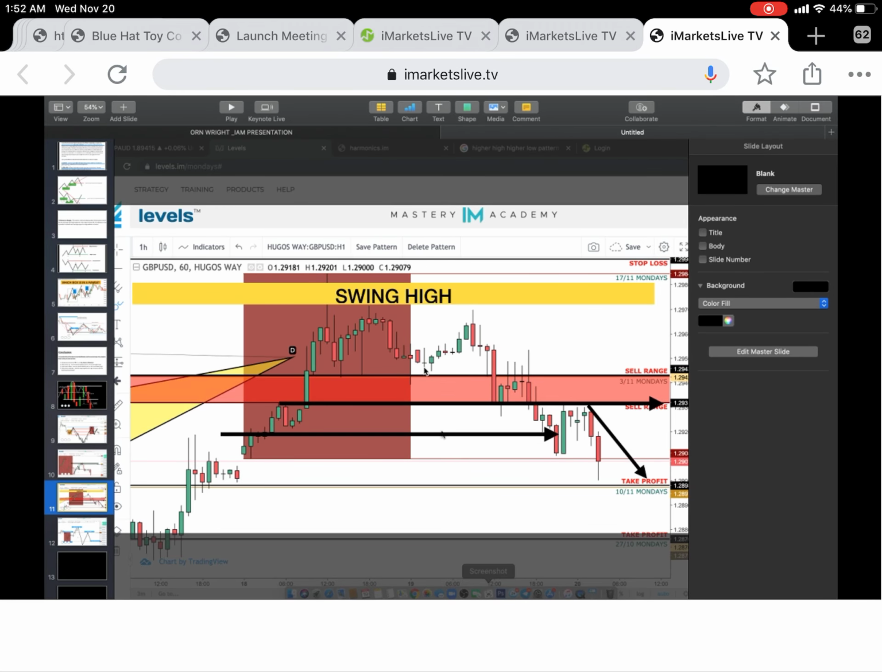This is GBP USD. Same thing happened on GU. Okay? This is a trade that we call on GU. Take profit got hit. Not the stop loss. The stop loss is up here. Take profit got hit on this trade. Right here,